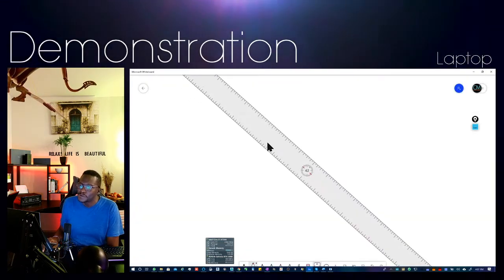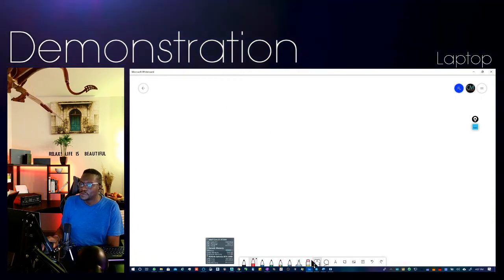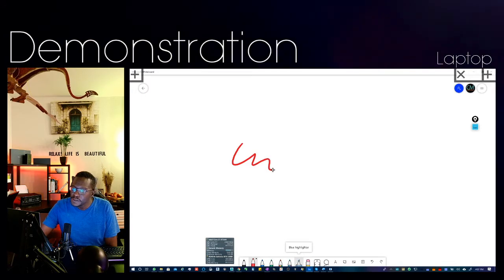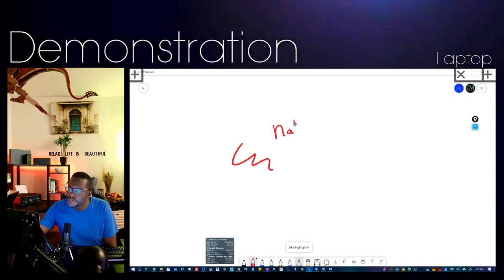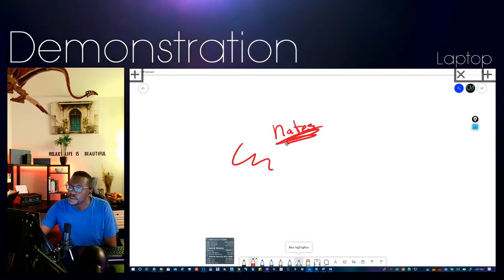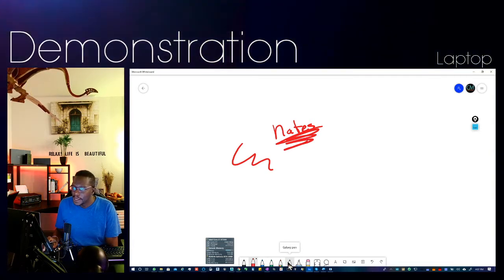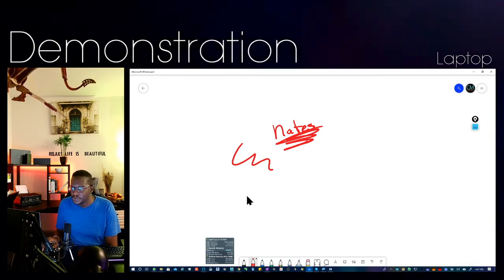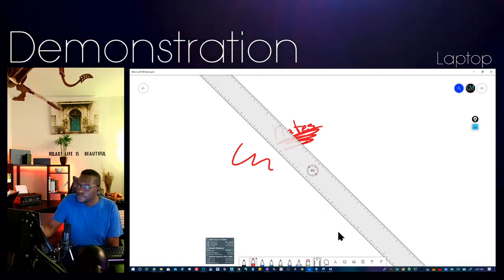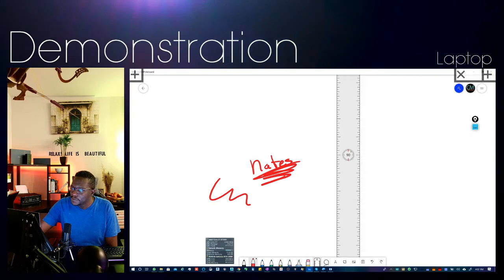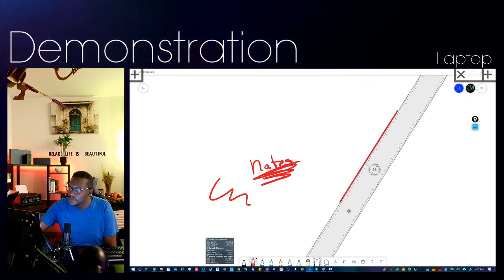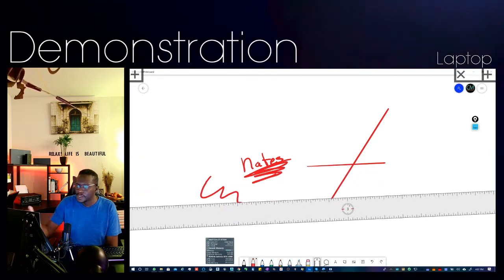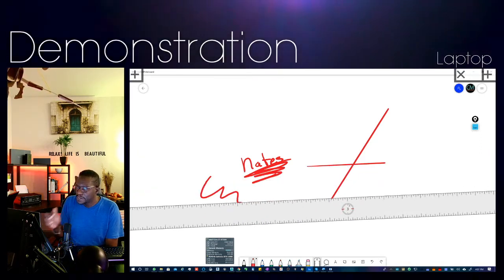Now, if I open a new whiteboard, this is what it pretty much looks like. Again, if you have a pen, you can make all your notes. You can take all your notes there. If you don't have a pen, you can use the mouse as well. And I love the ruler feature in Whiteboard. I think it's pretty cool. You can really get a lot done with making some quick drawings, especially in architecture, with that feature.